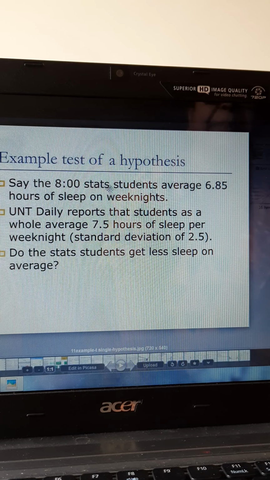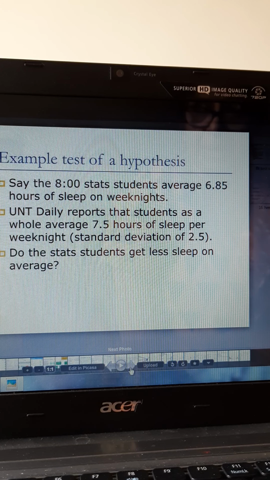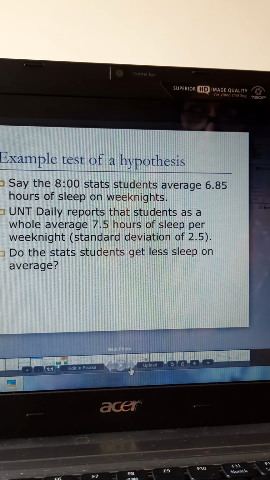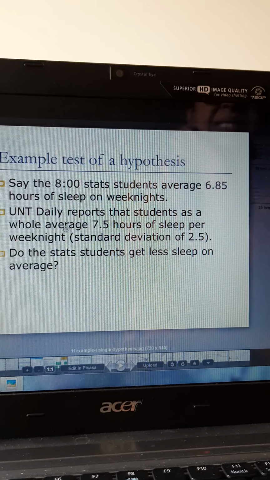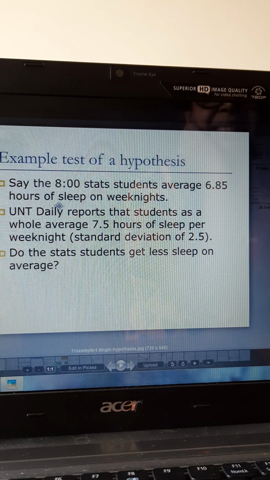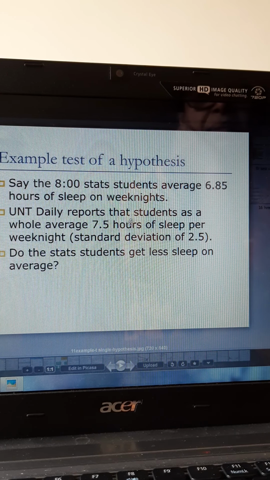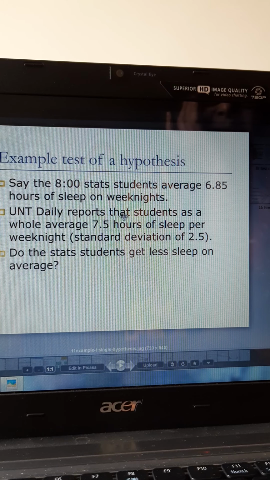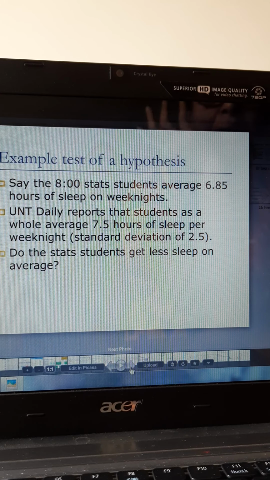This is a very typical example for a univariate test. You take one variable and one scenario and then test it against the population. These 8 students are the sample. You are testing it against the overall university, which is the population. This is the sample statistic. This is the population. Then you are testing it.